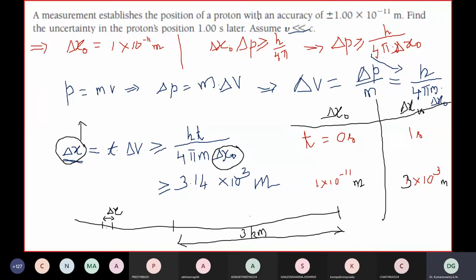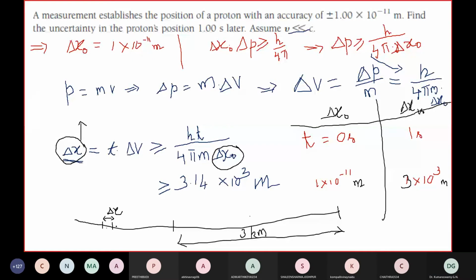That means when we are stressing on the present position, delta x, we are already losing the precision on its momentum, which is going to influence its position in the next moment, next second. Because delta p is more here, the next moment it is losing position. Its uncertainty in position increases. At that second, of course, we get better value for momentum. The next second, momentum value reduces. So at 1 second, where its position is 3 kilometers, its momentum would be very, very precise.